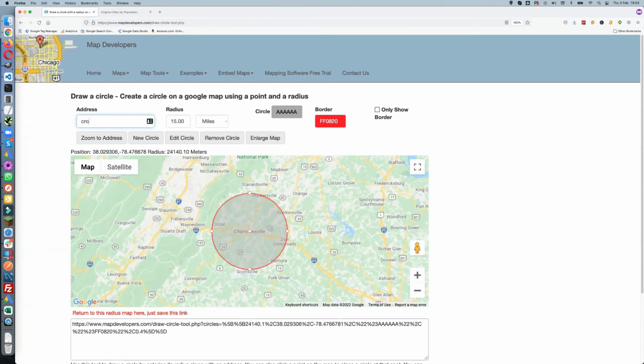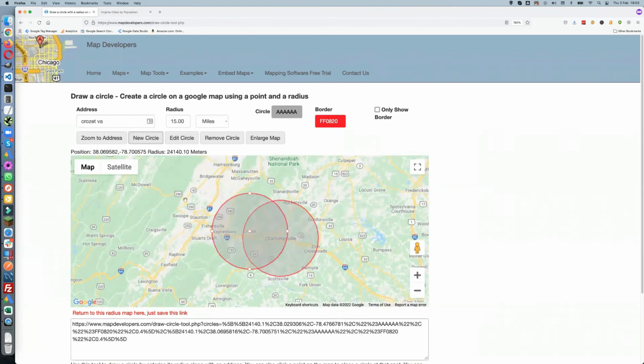And there's 2 Crozets as well. So you do a new circle. So Crozet's there, and it is always a big one. But like I said, Madison and Standardsville and Ruckersville, if you look here,